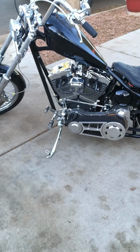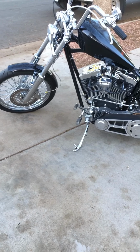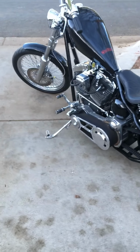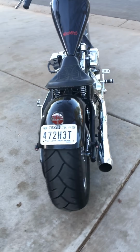Not really a beginner's bike. You have to hold on when you ride this one. Very, very, very torquey. I think it's 140 horsepower from Ultima, something like that. And let me tell you, I've ridden some motorcycles, and this one's not kidding. It'll go fast. It's got the Ultima 6-speed transmission,